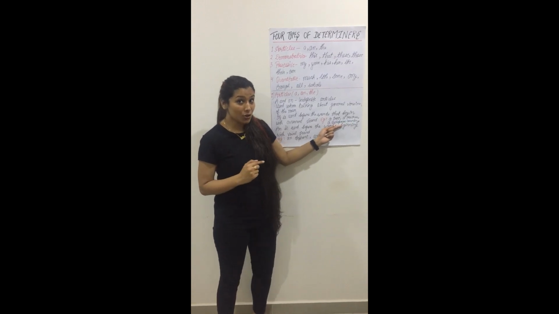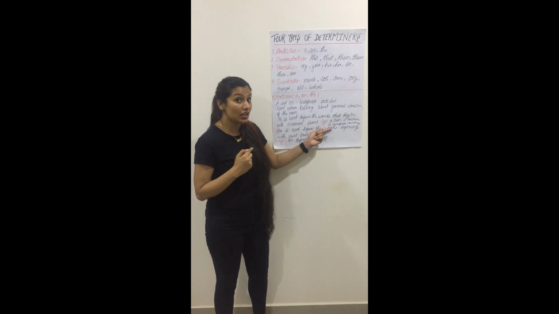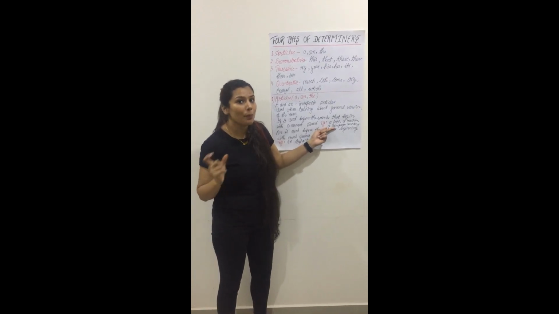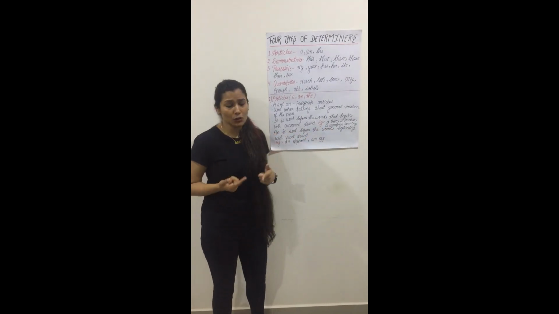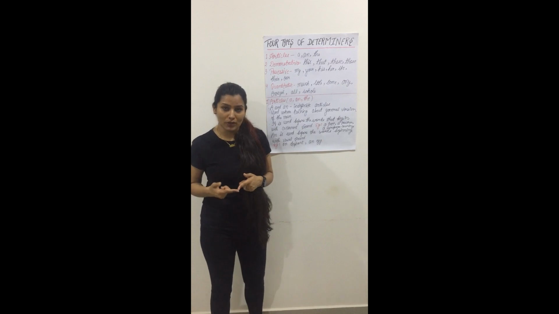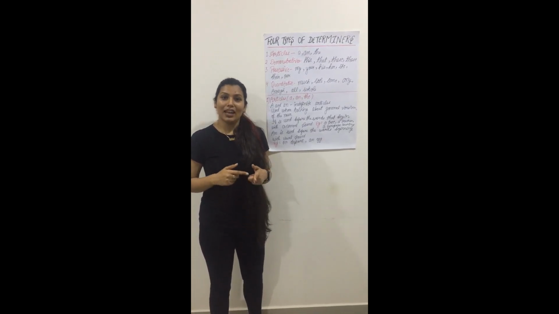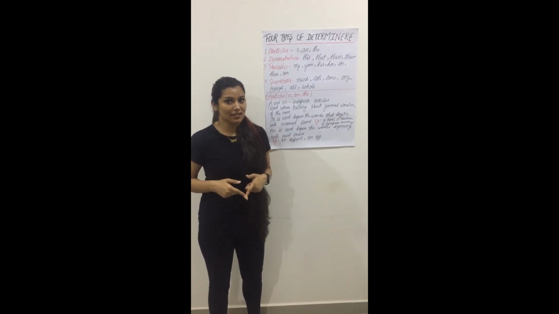So the last one, have you seen that European starts with E, but still we have used a here because it has a consonant sound, European. So we have to use a here. And an is used before words beginning with a vowel sound. For example, an egg, an elephant, an ostrich, etc. So let's move on to the definite article, which is the.